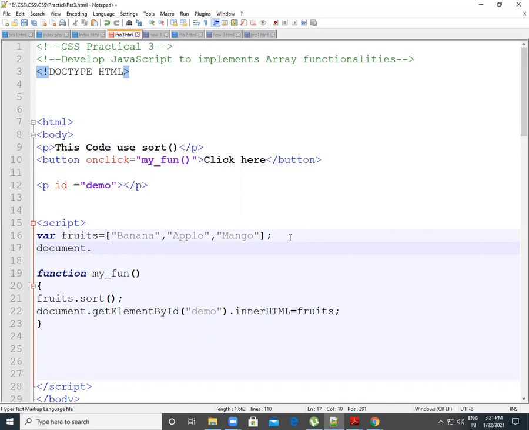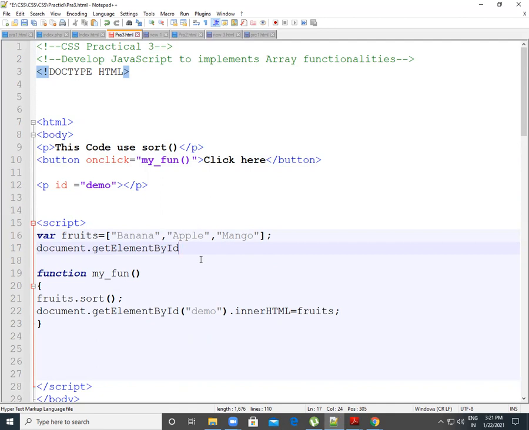Sorry, document.get, oh I'm so sorry, my bad. No, document.getElementById is already declared here, but I want to access that fruit value, correct? Because we mentioned all the fruit names here, but how can we access those fruit values?